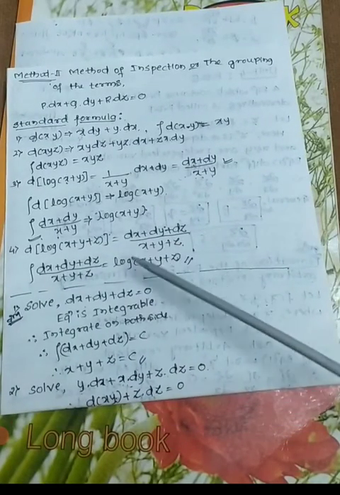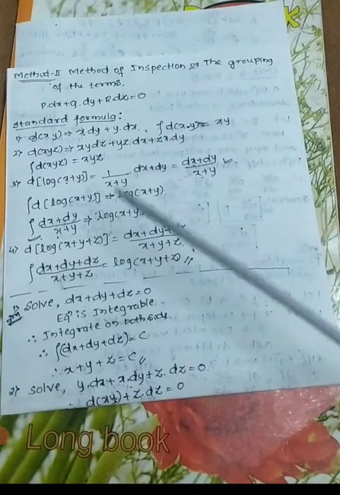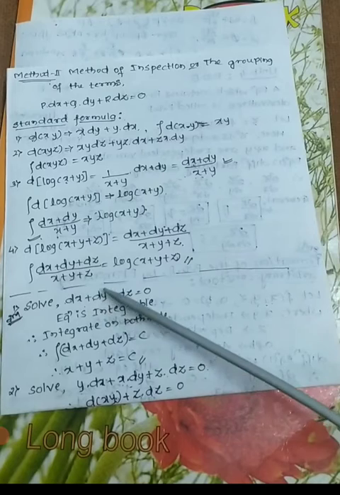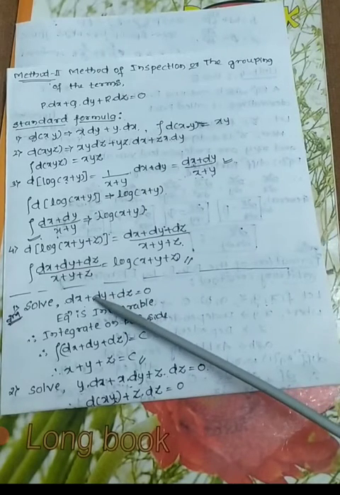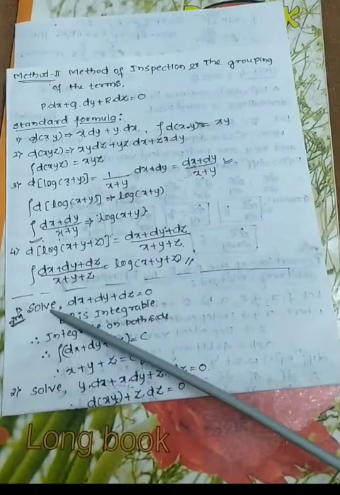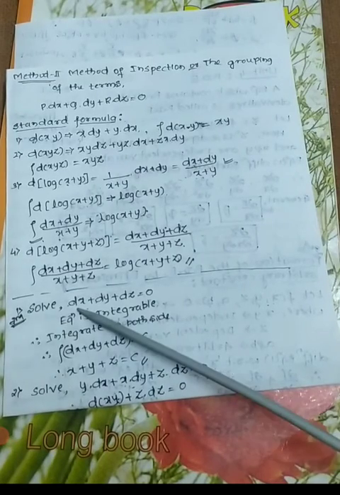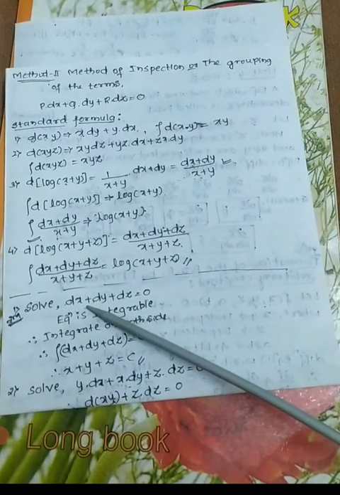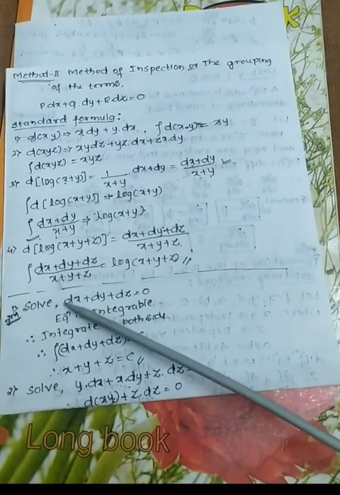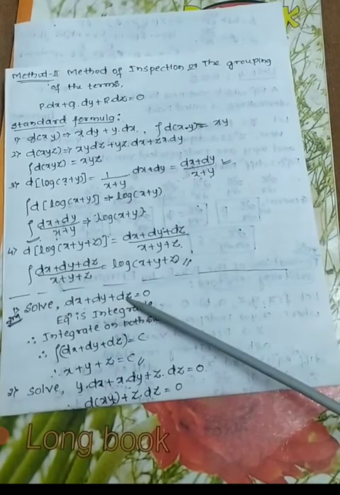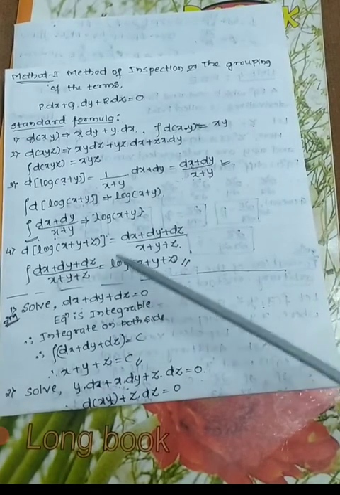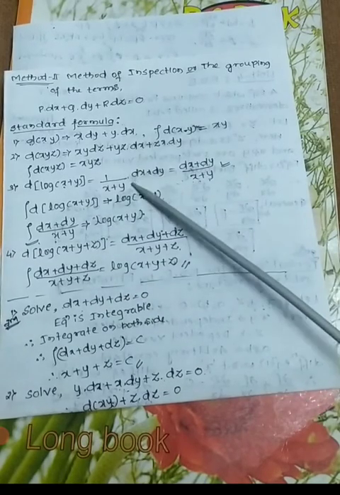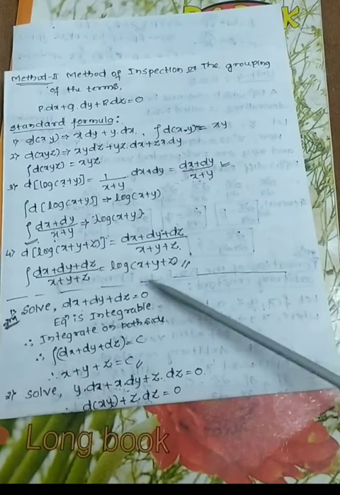Let's see the first example. This type of example, that is the second method, they will ask for 2 marks. In the question paper, they will only mention "solve". When they mention solve, you have to find out whether it is a total, a simultaneous, or any other partial differential equation. Let's see. It is in the form of what? P dx, q dy, r dz equal to 0. Then it is a total differential equation. If it is asking for 2 marks, then you have to apply method second. If they are asking for 5 marks, you apply method first.